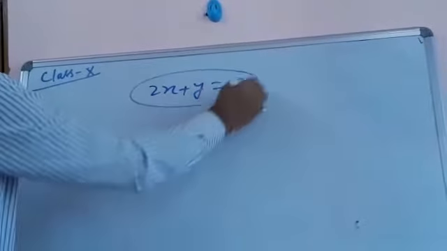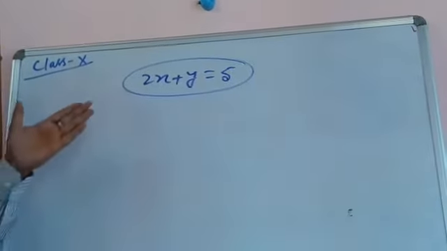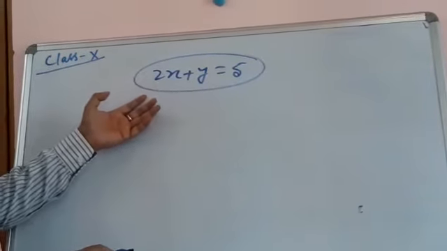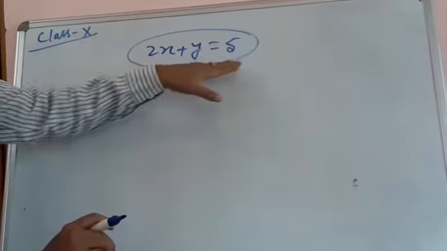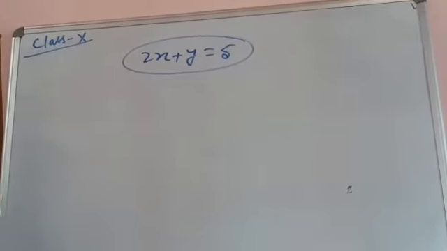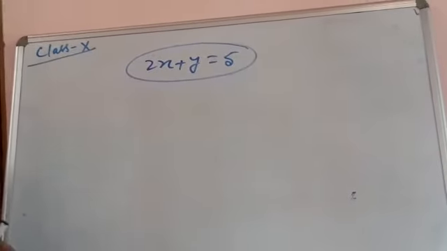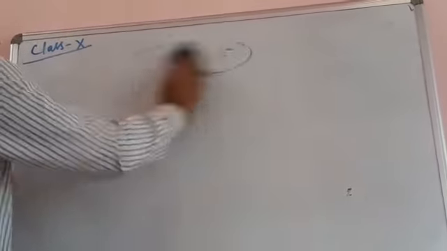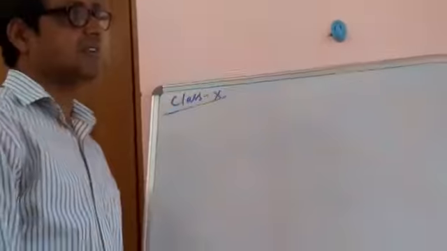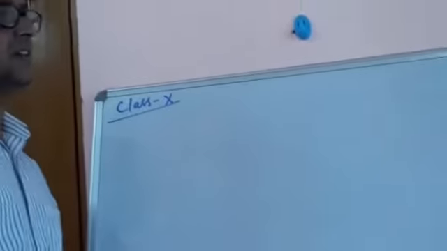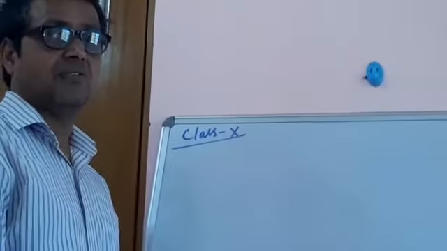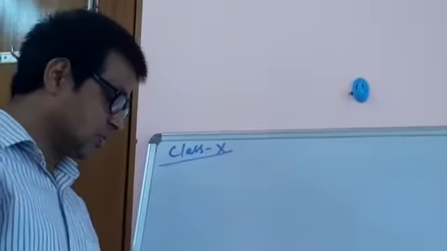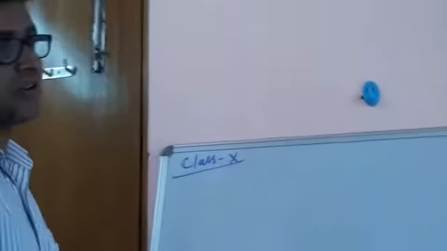This is an algebraic situation, and you all did this type of question in class 9. You were told to plot a graph given a linear equation in two variables. So this is called the algebraic situation. So in Exercise 3.1, what we need to do is write the algebraic situation very first, and once we have the algebraic situation, I feel you all know how to plot the graph, what to do if two variables are given, so you already know.